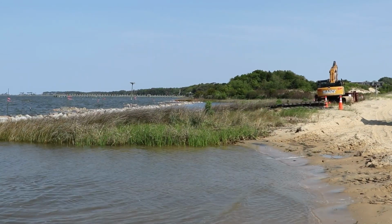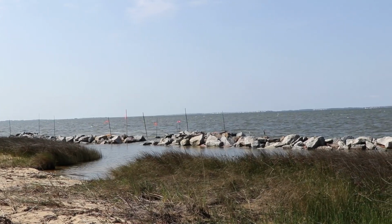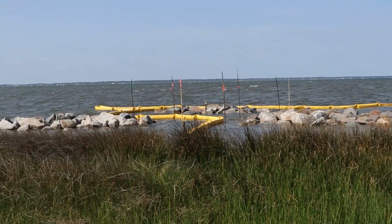For Park Superintendent Joy Greenwood, this shoreline is not only important for protecting the park, but also for educating the public about environmentally friendly ways to preserve this natural resource. It's really one of those things where we can take people out, show them something that is really positive and really working. And I think that's a really good way to go about trying to get people actively involved in